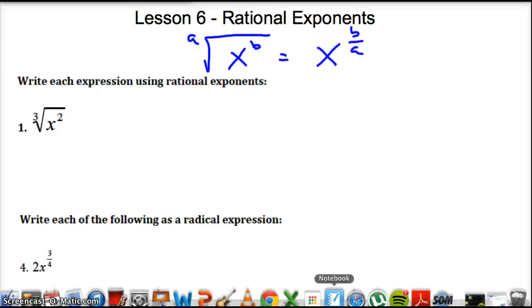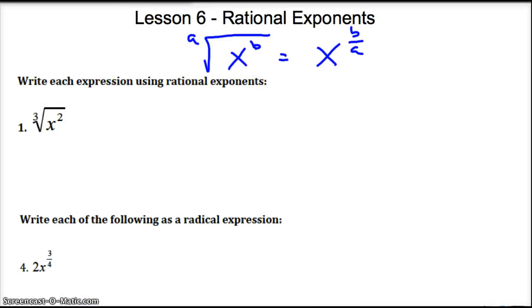Okay, let's move on to our sixth lesson. This is rational exponents. A rational exponent can also be seen as a radical. Just a quick reminder, when you have an index of A and an exponent of B, you could rewrite this radical as x to the B over A, or in other words, the exponent over